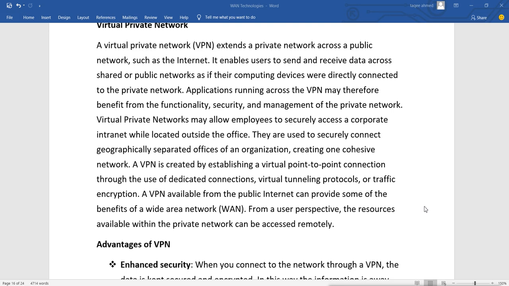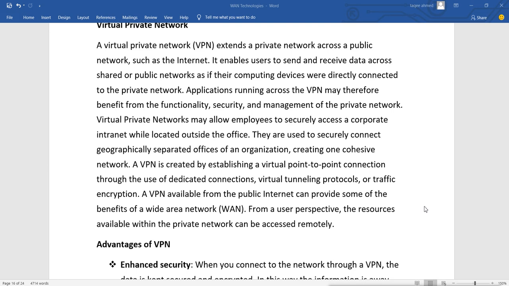Now when you want to connect two corporate offices, then what you do, you use WAN connections. WAN connection lease lines. Lease lines are secure because nobody can use that line. This is a dedicated line. It is called private WAN. This is a dedicated line for you. Nobody can use that line. The ISP will give you a dedicated link for it. Now those things are very expensive. Those WAN links, lease lines, are very expensive.